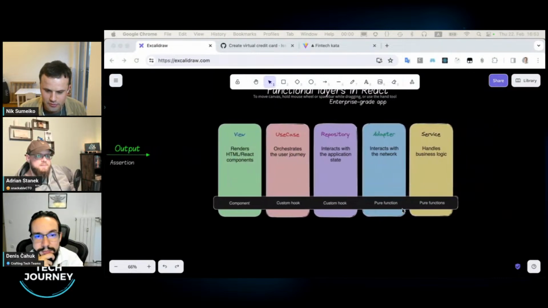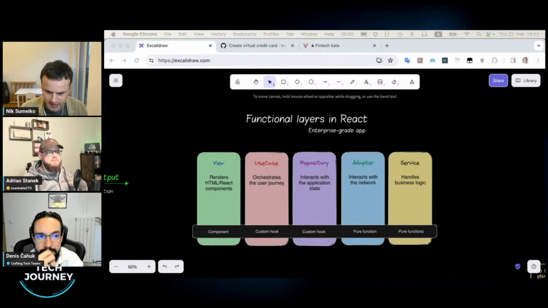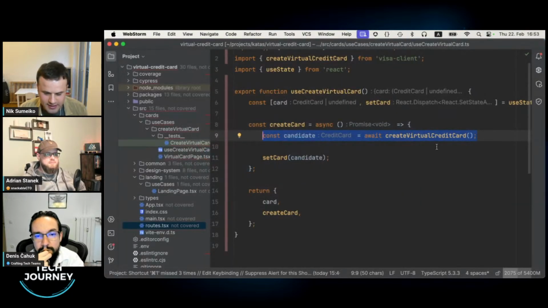Absolutely. So as soon as we have a business logic, there is in clean architecture a specific functional layer for that. And that layer is called a service layer. Okay. So even in such a simple example, it looks like not necessary to create another indirection, another abstraction.